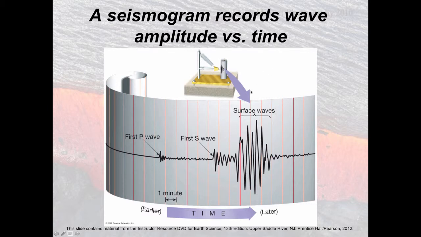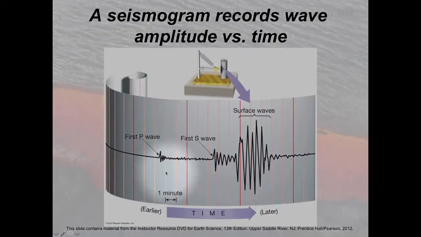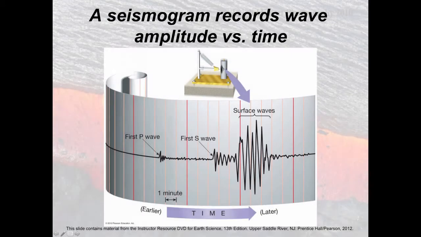This is a representative chart recorder, or seismogram, of an earthquake arrival, and you can see how the P wave, these compressional waves, travel very, very fast. They get to the seismograph first, and the seismogram records them ahead of the first S wave arrival, which are typically larger amplitude. And then the surface waves come in, which are the really high amplitude stuff that does all the damage. Those are the slowest moving waves.